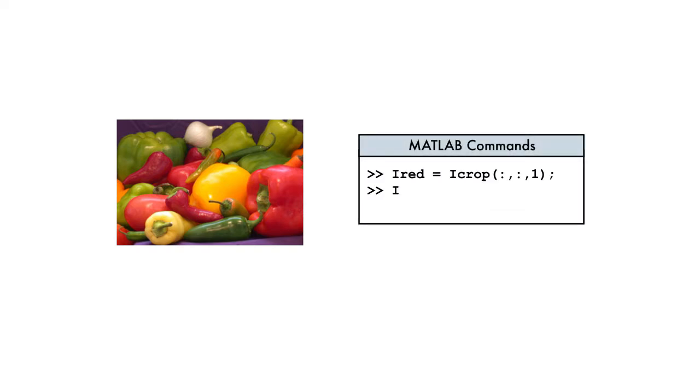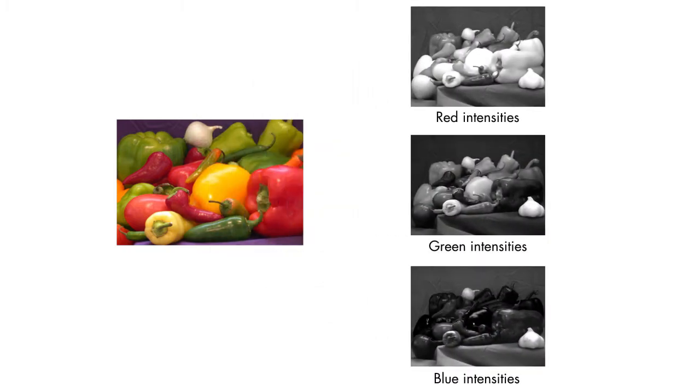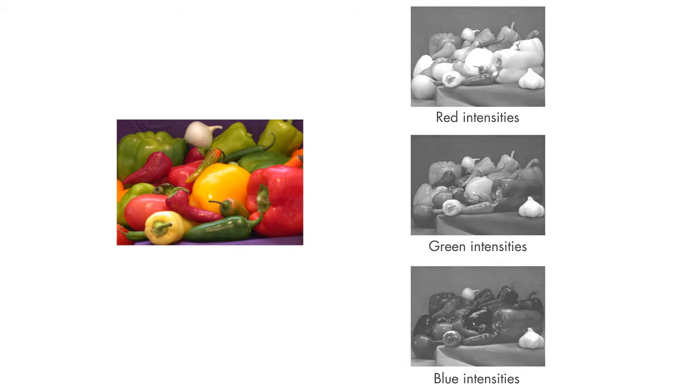So far, we've only extracted data from an image, but we can also modify the data. Let's see how. This cropped image appears to have mostly reds and greens. We can extract the color planes as before and display the resulting matrices. What do you expect to see once we display the intensities for each color plane? Well, the blue color plane image is much darker than the other 2. This implies that the blue intensities are lower than both red and green intensities.